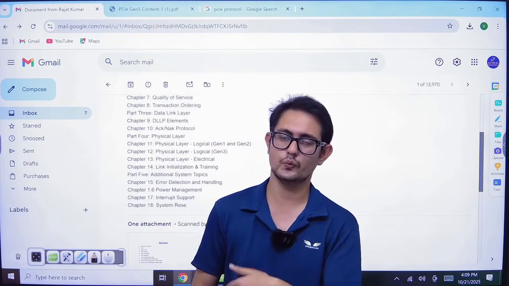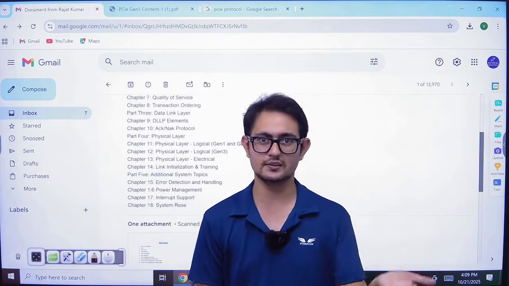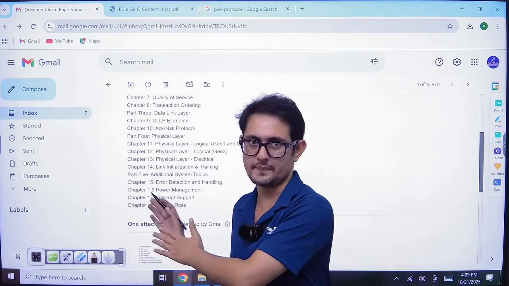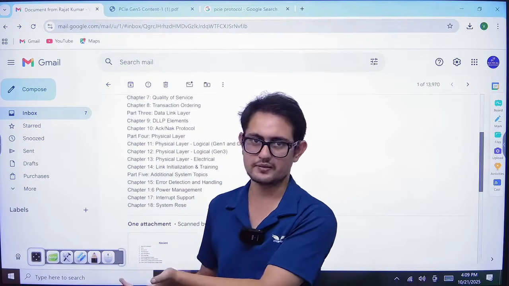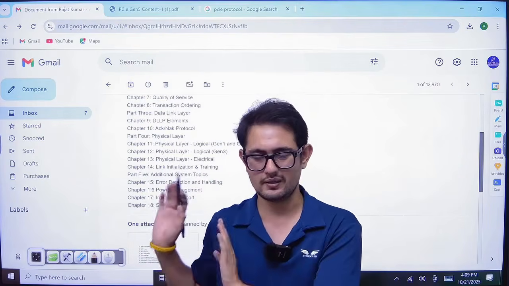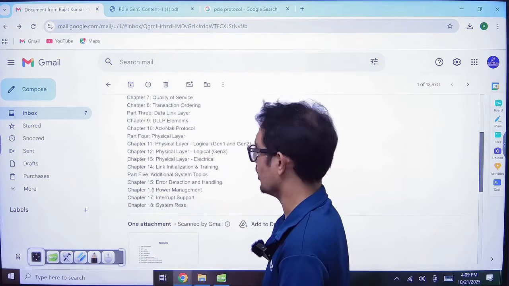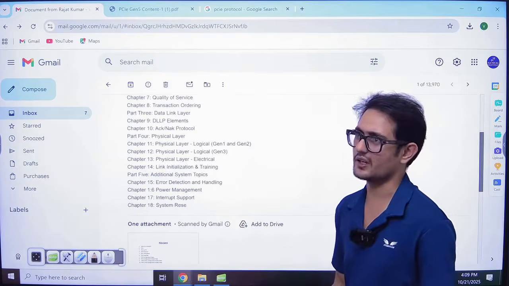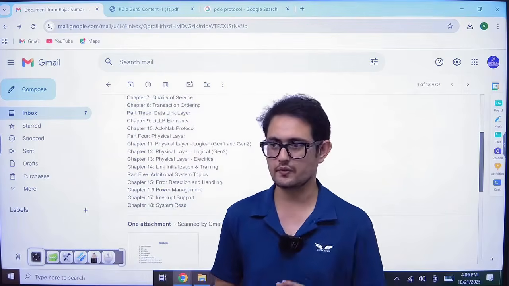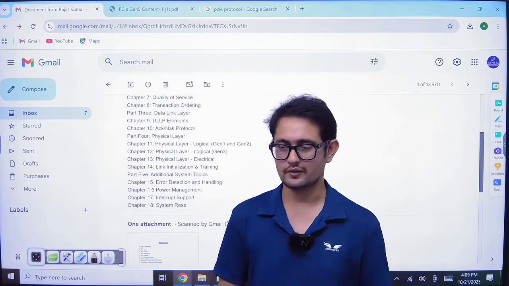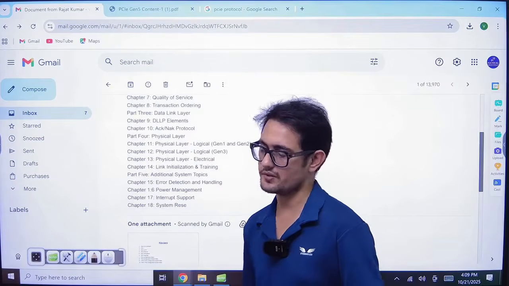Whenever the industry is updated, maybe next year we will launch Gen 6, or we will add some chapters on Gen 6 in the coming months, whenever required. But right now, this much is more than enough. Some other coaching centers cover around 20 to 25 hours. We are covering more than 55 hours, the minimum is 55 hours right now, and it is going on.